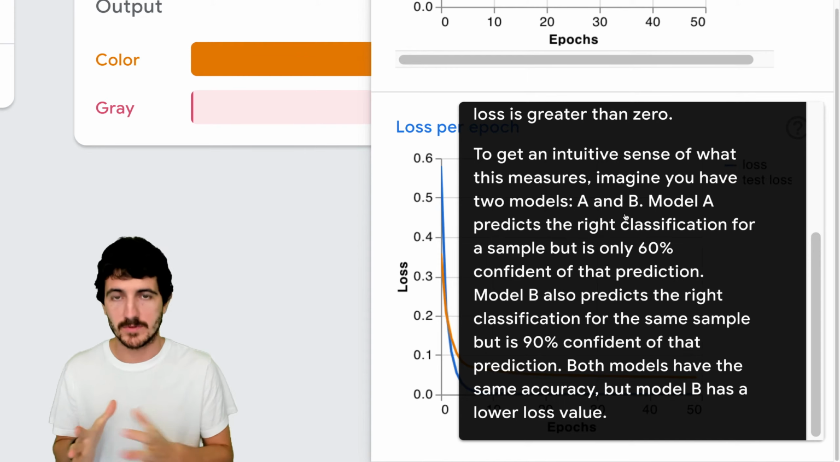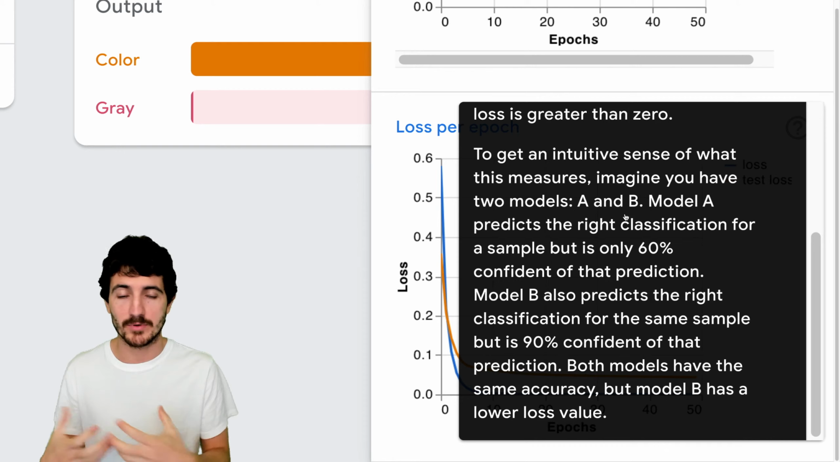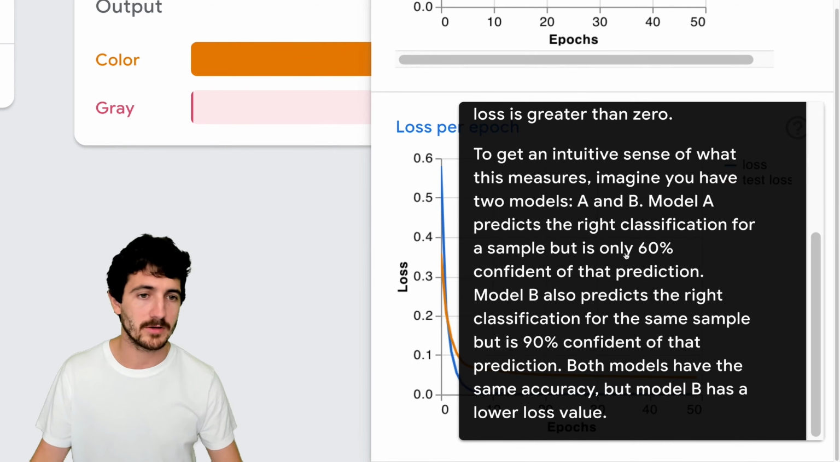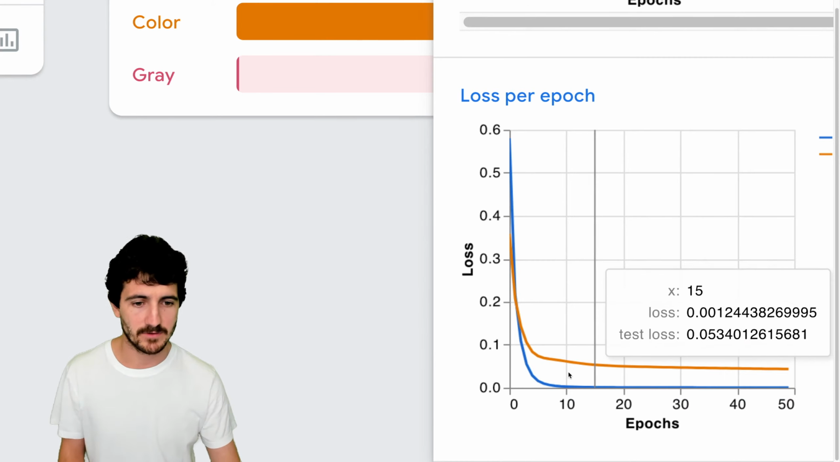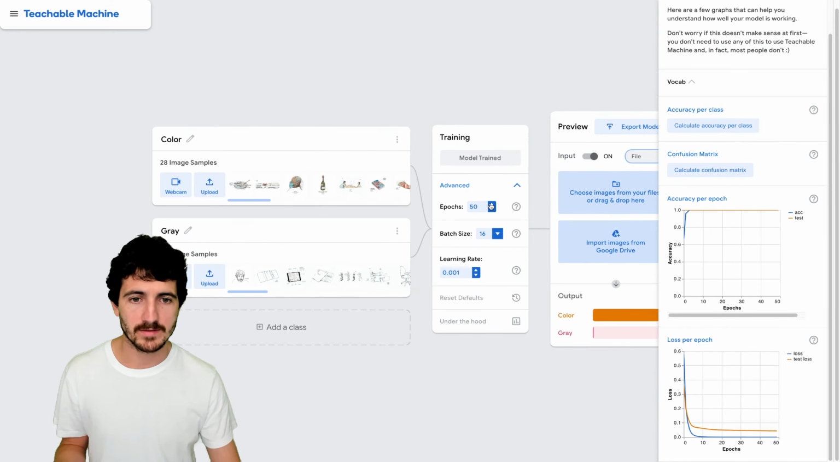All right, so yeah, the more confident your model is about a prediction, the greater the loss on the model, right? So let's see. It seems like the loss stabilizes after epoch 20 in this data set. And what we can see here is that if we say, okay, let's do 200 epochs,